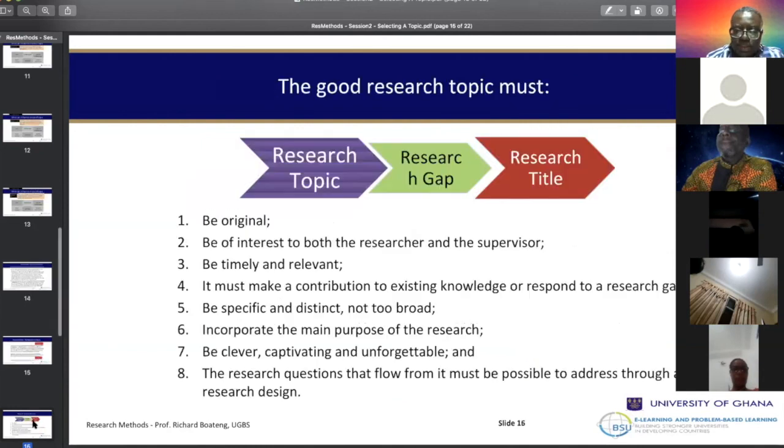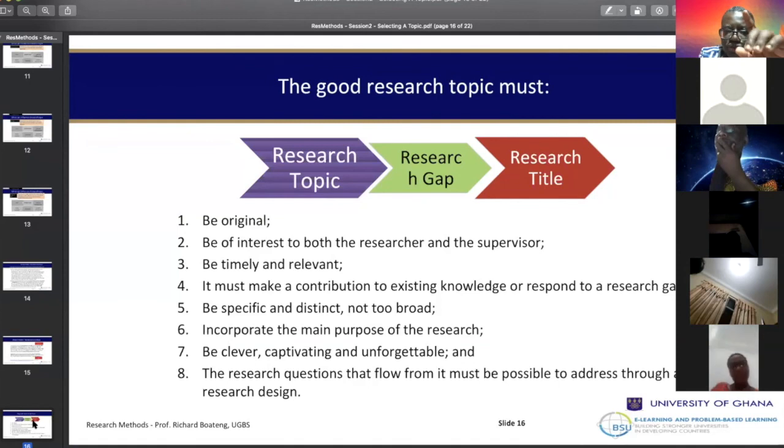So in whatever you are doing, you have a research topic and then you have a research title. The research topic has to be of interest to you and your supervisor and has to be original. By the time you finish, the originality is defined by you adding the gap. So when you add the gap to the topic, you can get a title. Let me give an example. The title is different from the topic. The title is an equation which is equal to the topic plus the contribution, or the sub-area of study you want to study.